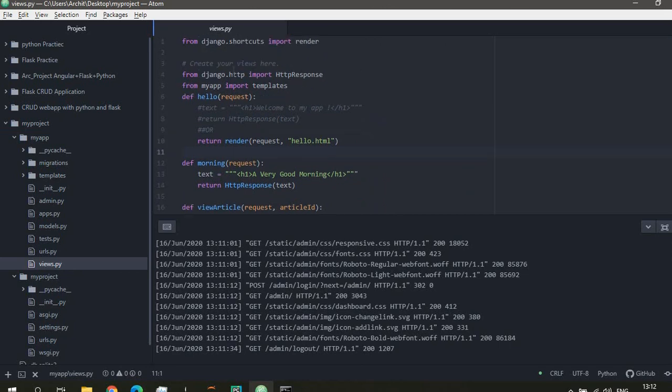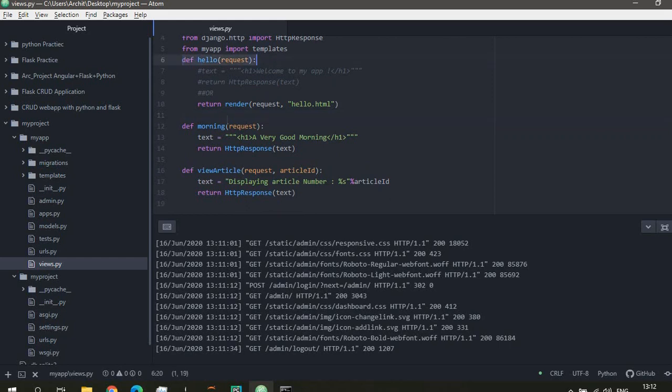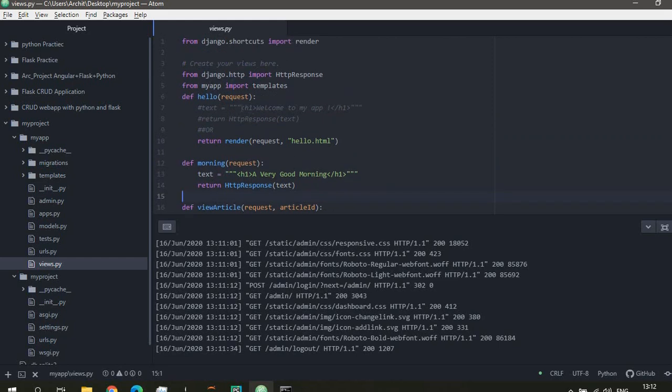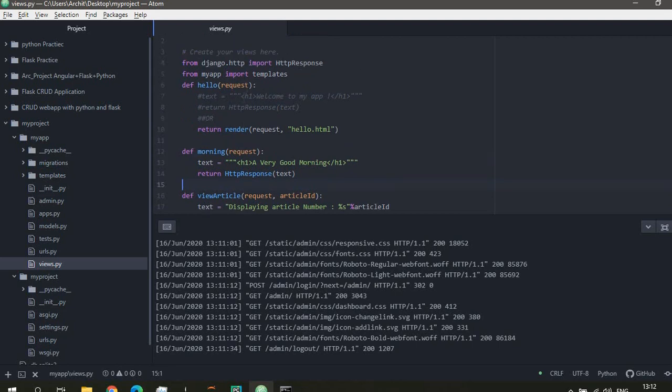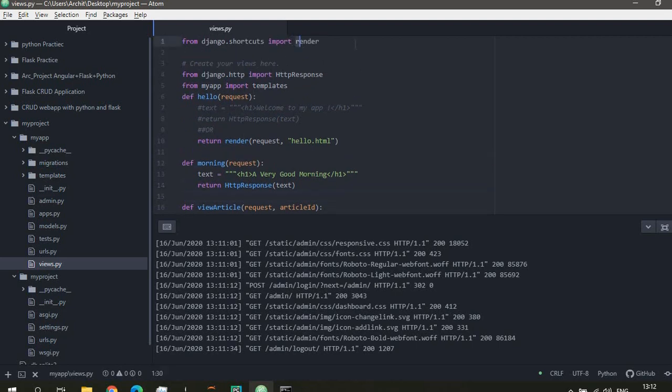So here I've added one of the more views like hello, morning, and view article. Now here I've used two types of return methods. First is the render method. Render method is through templates, the use of templates.